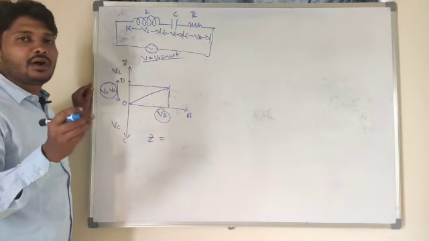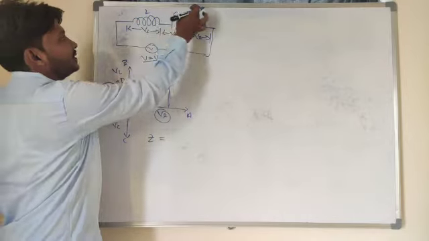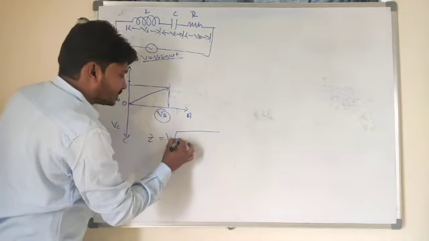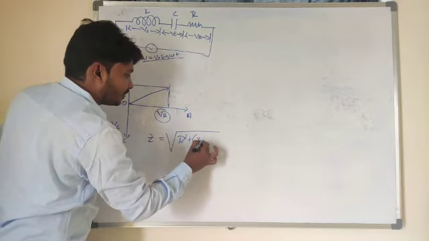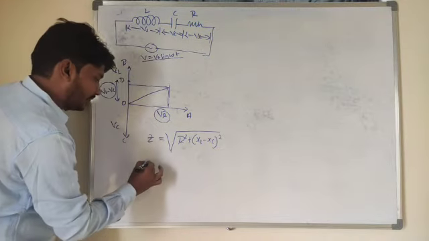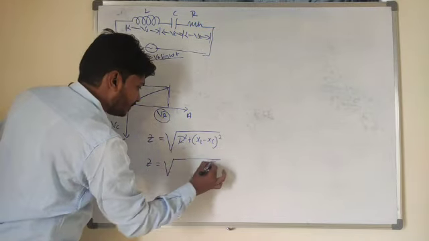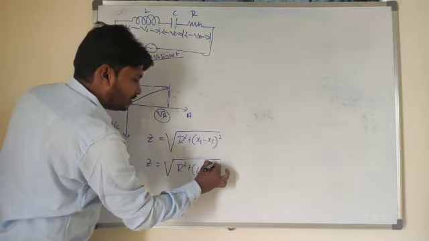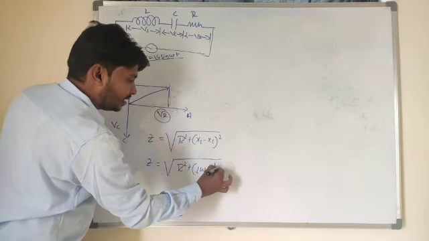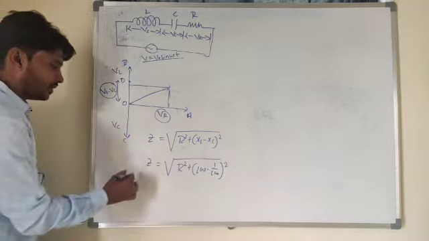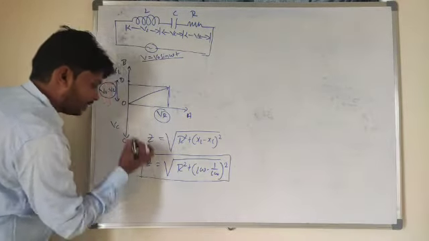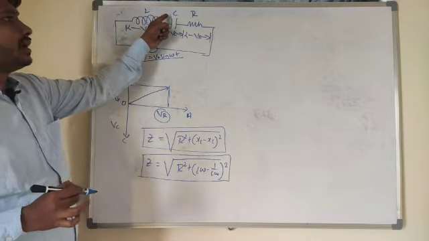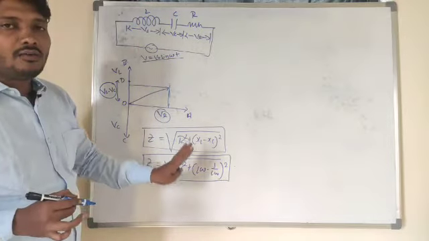Impedance means the effective opposition offered by the inductor, capacitor and resistance for the flow of AC current. After deriving, the expression is Z equal to square root of R squared plus X of L minus X of C, whole squared. Or I can rewrite it in another form: X of L means L omega, X of C means 1 divided by C omega, so whole squared. This is the required expression for the impedance. What is impedance? The effective opposition offered by the inductor, capacitor and resistance for the flow of AC current.